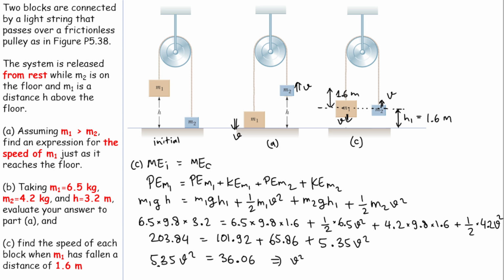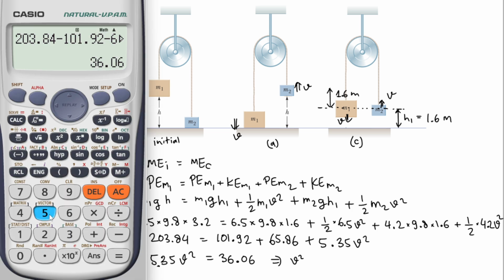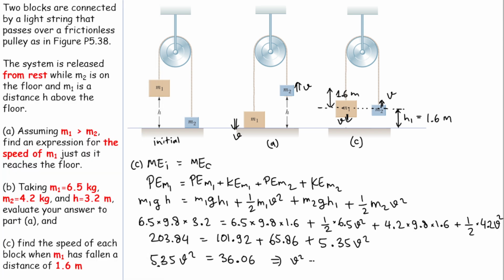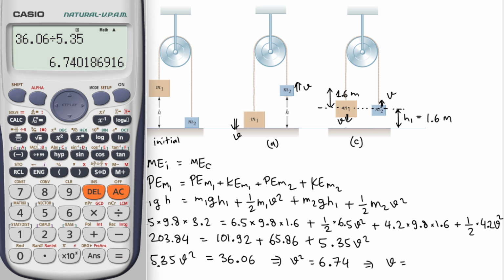So I will have V squared here is 36.06 divided by 5.35. So I will have 6.74, and so we can take the square root of it, and we will get the answer,